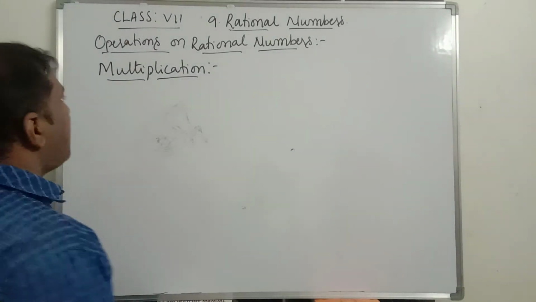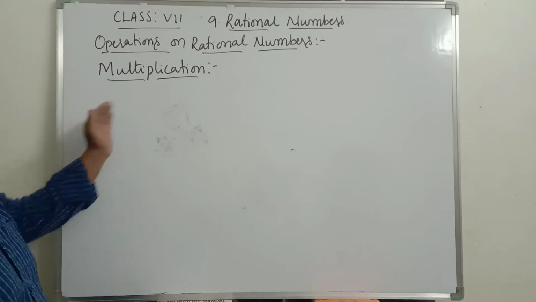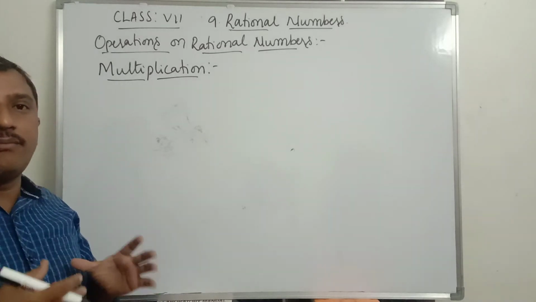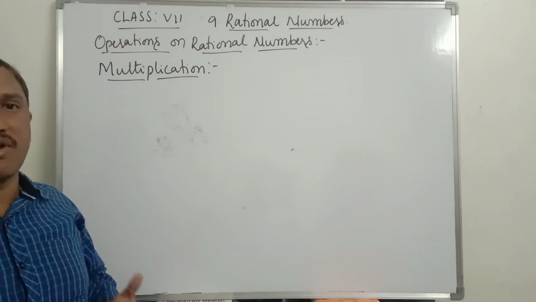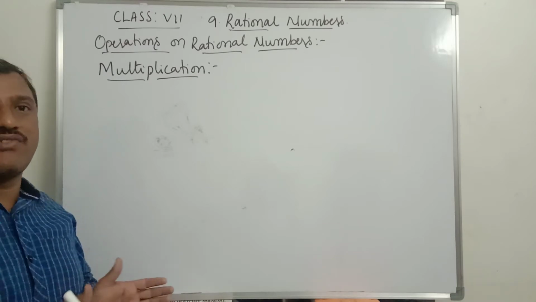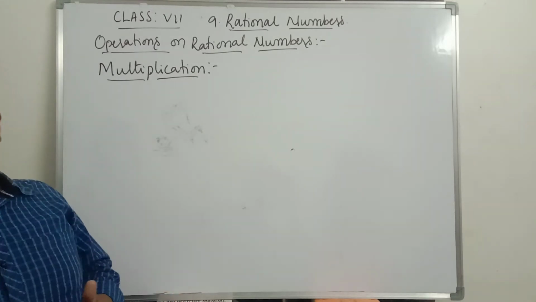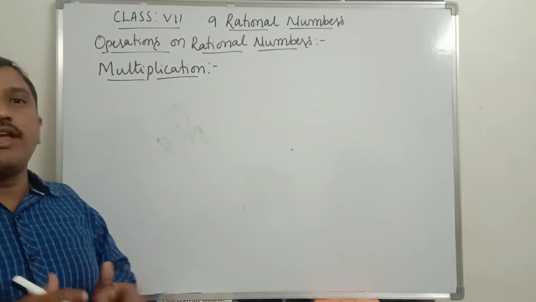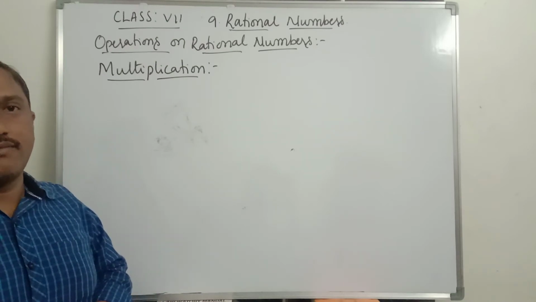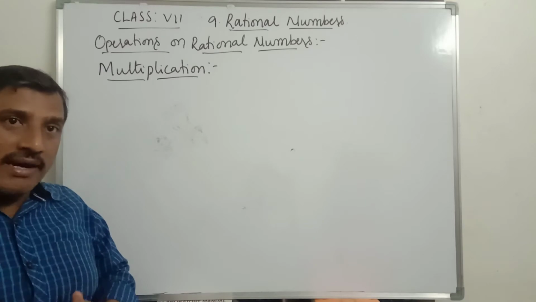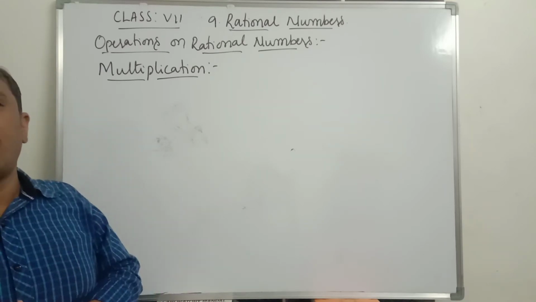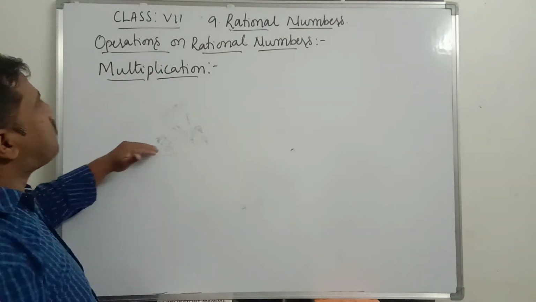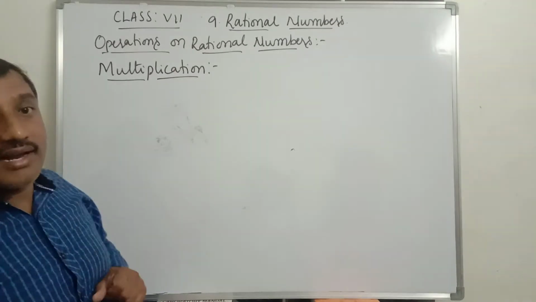Now the third arithmetic operation is multiplication. That is multiplication of rational numbers. So again here we will follow the concept of multiplication of fractions, for all kinds of fractions, that is fractions with the same denominator and fractions with different denominators. In fraction multiplication we multiplied the numerators, then we multiplied the denominators, then we wrote that result in the form of a fraction. So those three steps are there. The same three steps will be followed for the multiplication of rational numbers.